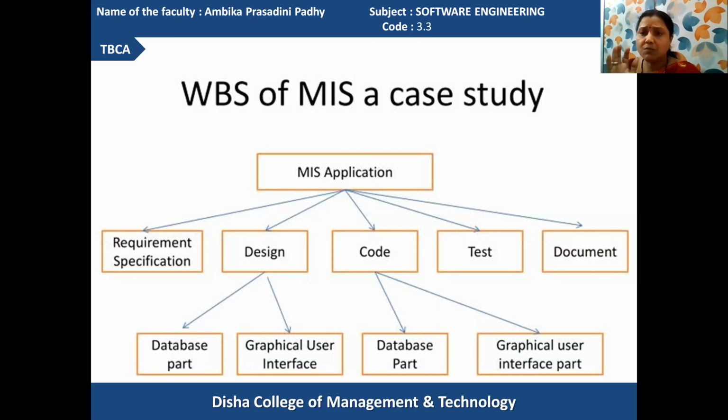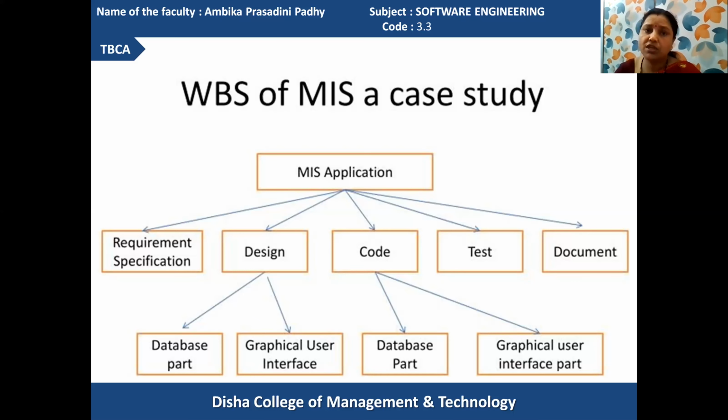So here no task dividing requirement is there. So in this order, we can divide the whole task into subtasks. Got it? And these subtasks will provide you the complete WBS chart, work breakdown structure chart. Okay, how the works are divided into subtasks we can watch here.